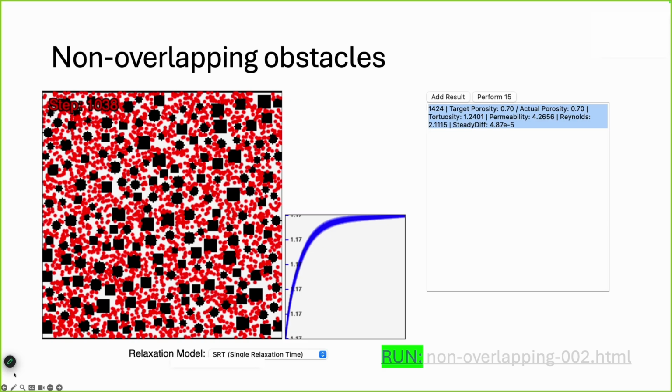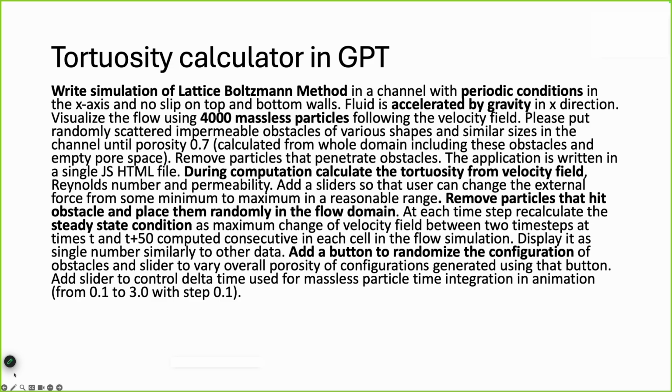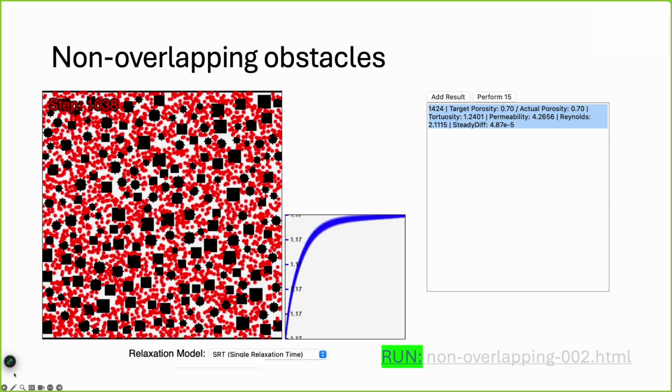Because why would one want to devote a lot of time to write a program to do something so simple, just one move? So you change this kind of system. I changed the system to something like this. Okay, we have those obstacles, but they no longer overlap, because in the previous one, here, they could overlap. And this is a result for the overlapping. Then I said, okay, so I do non-overlapping.